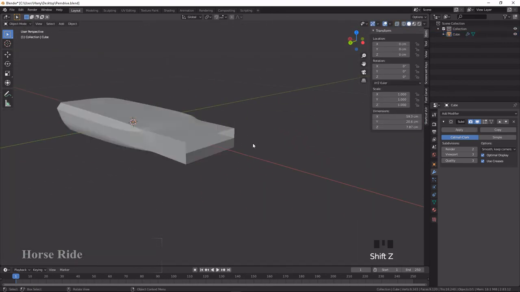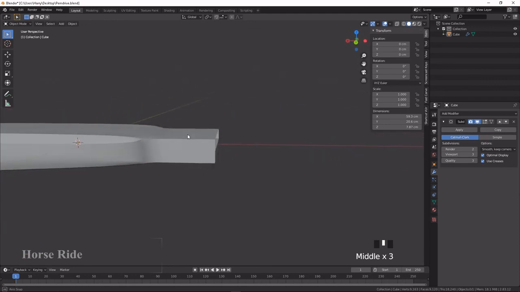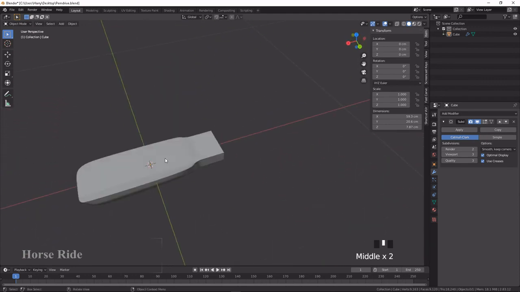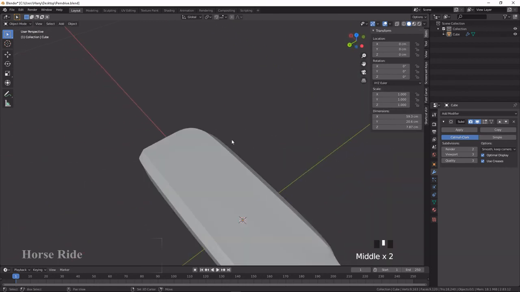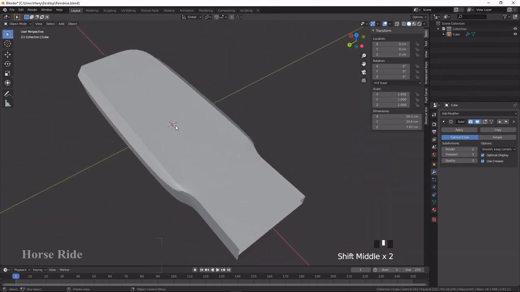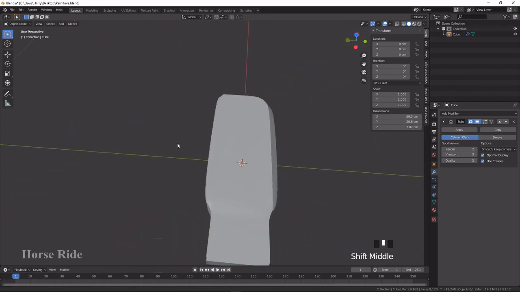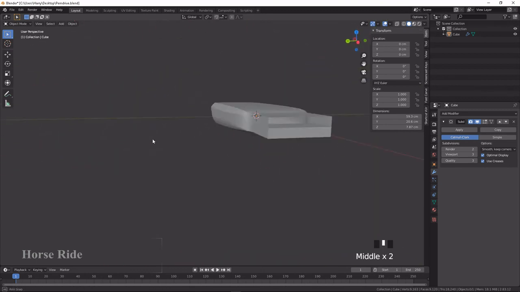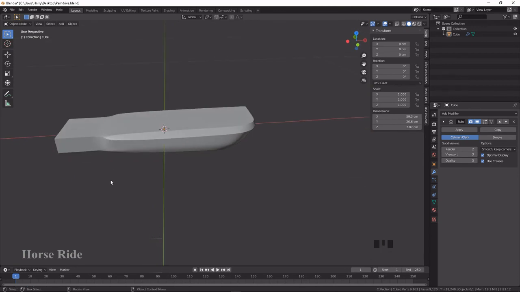Fine. So this is enough for us for creating a small object, because it's a very tiny object, so no need to worry about making it exact. Fine. Okay, now our basic pen drive is created and we are going to start unwrapping and texturing the pen drive in the next video. So this video is ending now, because it has taken around 21 minutes, so let me continue in the next video.